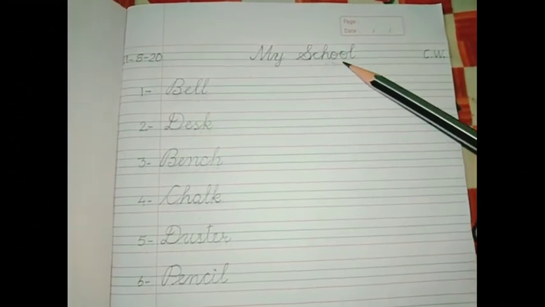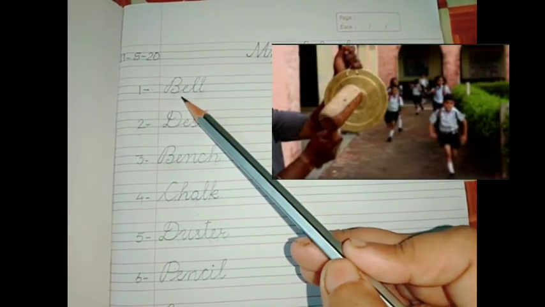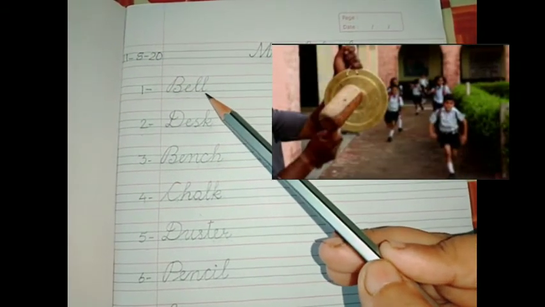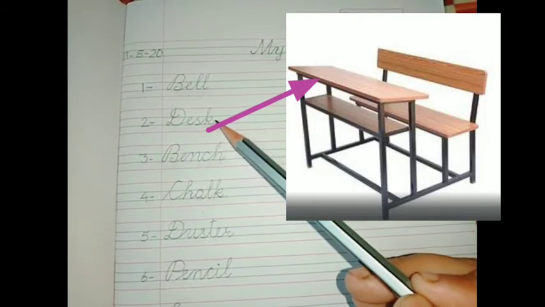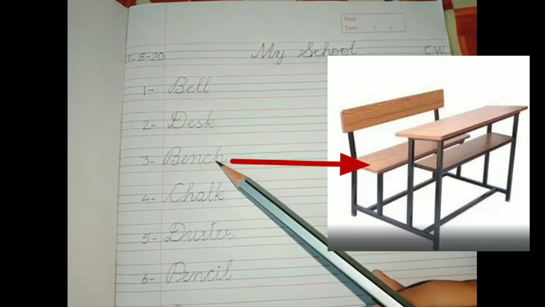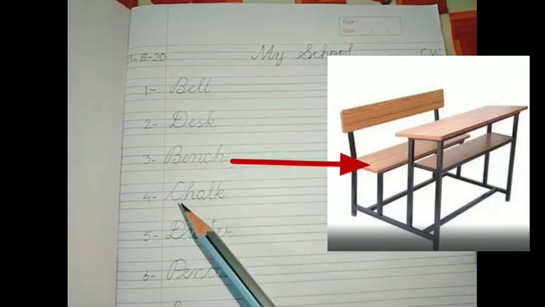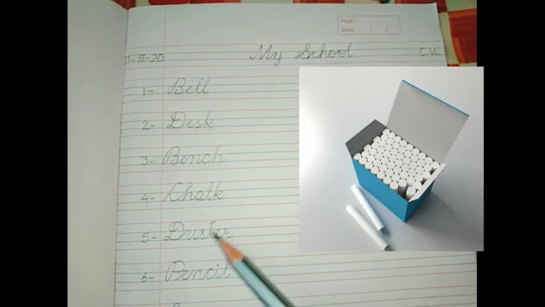This is heading My School. The first spelling is bell, BELL, bell. Second spelling is DESK, desk. Third spelling is BENCH, bench. Fourth spelling is CHALK, chalk.